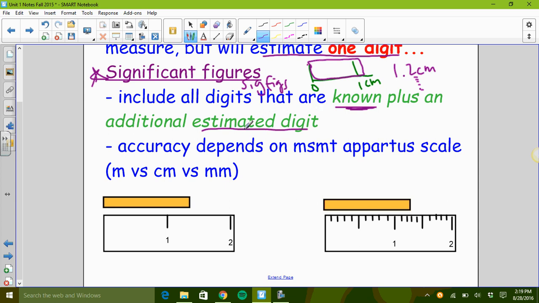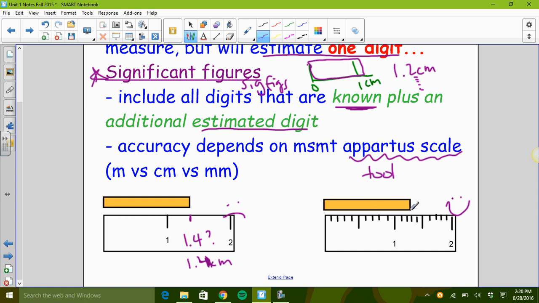These significant figures, the number of digits that you include, really depend on the apparatus scale. The apparatus is the tool that we are using. You can see these two rulers here. This one over here is a great one. Look at all these little graduations and dashes along there to give you some estimation power. This one's a crappy one. There's really nothing we're able to work with here because it just doesn't have any graduations on it. This little brown block here, you might have to estimate, I don't know, 1.4? I don't know. 1.4 centimeters is what I'm going to claim. But I can estimate to the 4 and that's it.